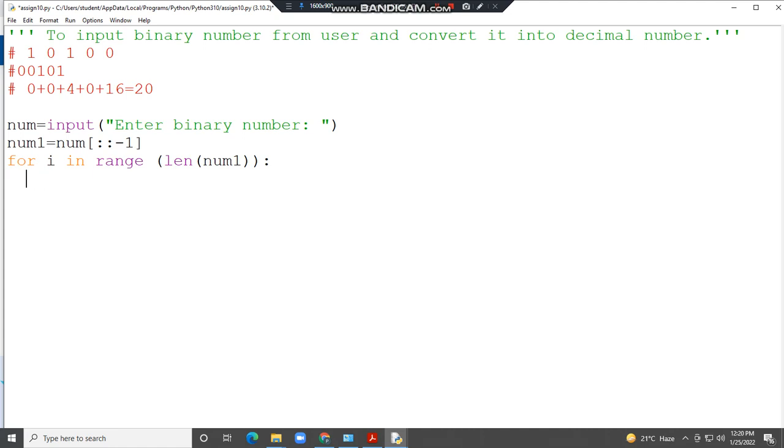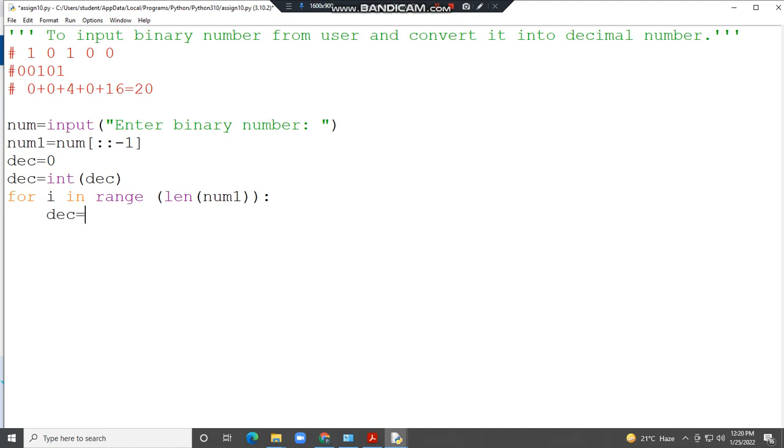So here you will require one more variable, decimal is equal to 0. At the starting the value for that decimal is 0. Suppose we need to convert it into the integer format, so decimal is equal to int of decimal, we need to write it down. After that we are going to add all of this number, that's why we have taken this decimal plus